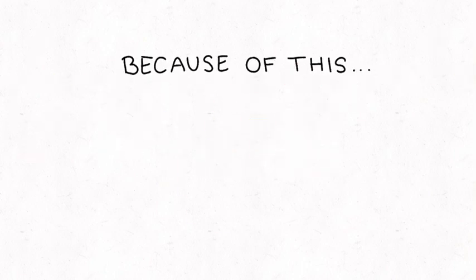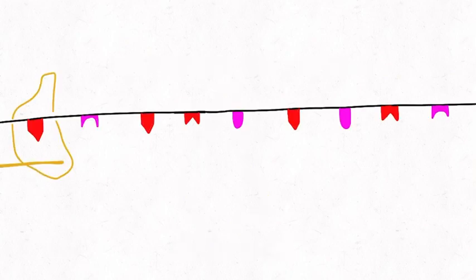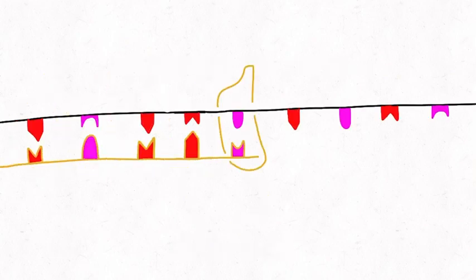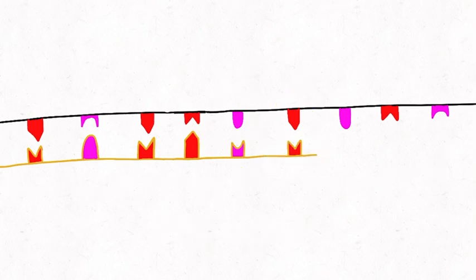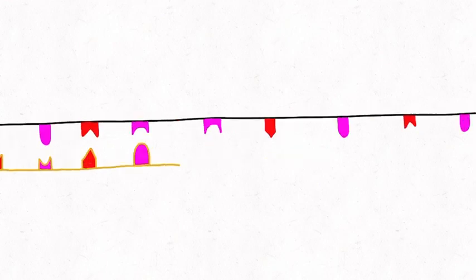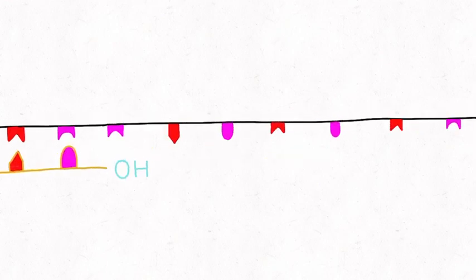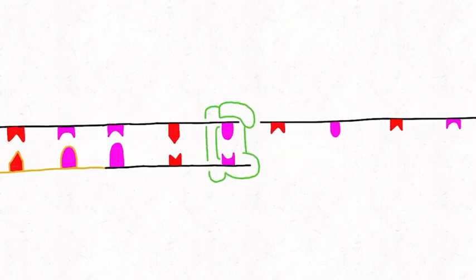Because of this, the enzyme primase first synthesizes a fragment of RNA called a primer, about 5 to 12 bases long, by pairing complementary bases with the template strand. The primer ends with a hydroxyl group, which gives DNA polymerase 3 a starting point to attach to and